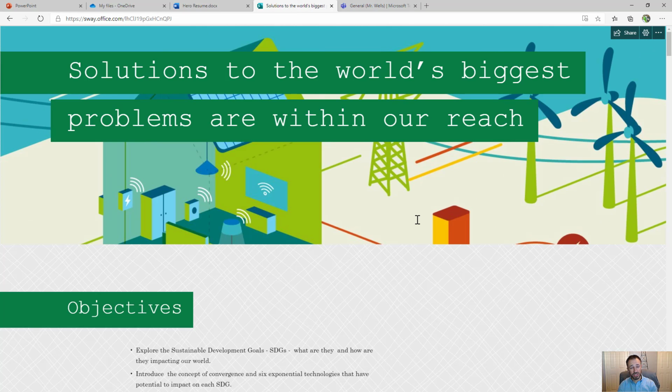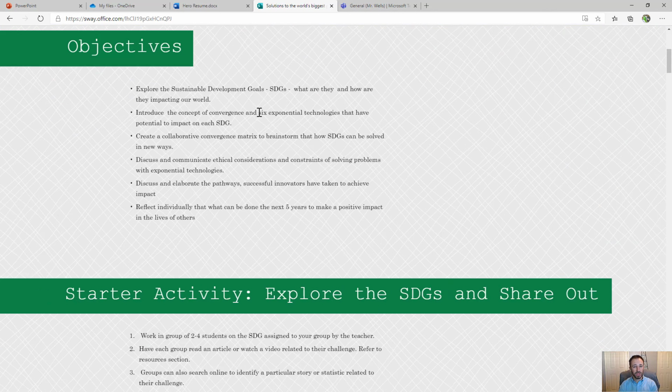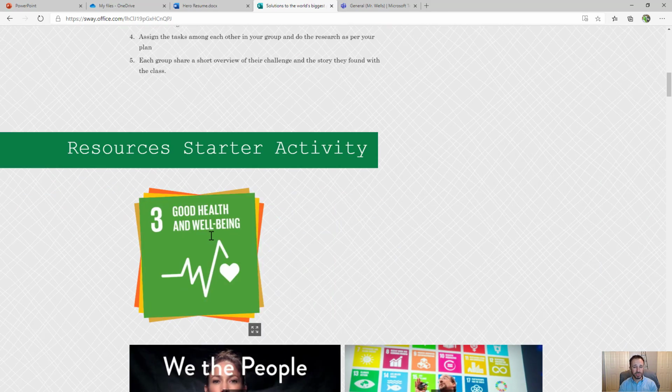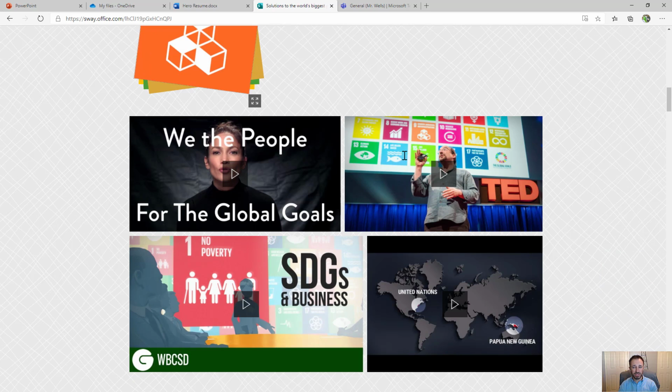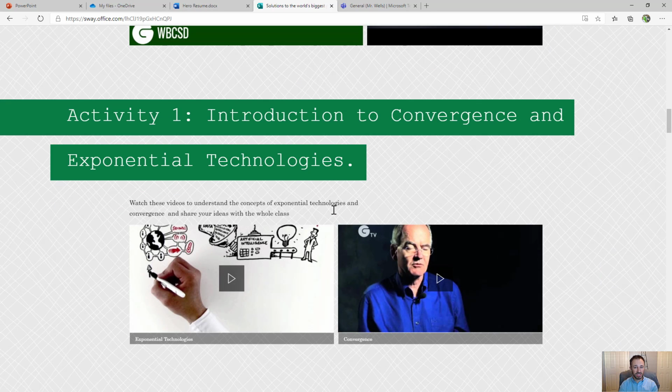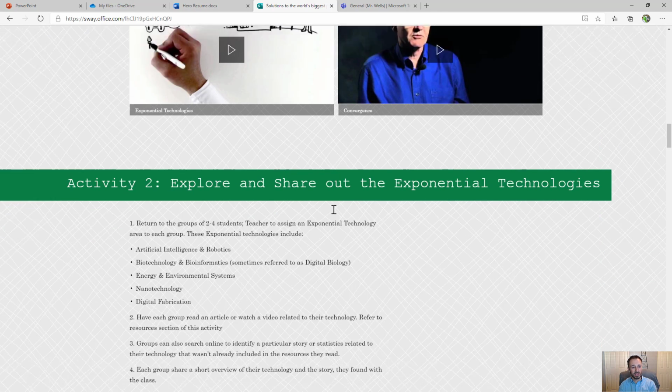So when I open up Sway, here's an example of a Sway that was created and shared at sway.com, sway.office.com, and I'll show you that in a second. But here it's a solutions to the world's biggest problems, and you notice I can just scroll. Here I've got the objectives, I've got some nice formatting with the headers, some pictures are stacked together. There's some great little videos in here, all designed by the Sway backend artificial intelligence, right? Whoever created this, they dropped in the content, they put what order they wanted it to be in, and the system designs it for you. And I'll show you, you can quickly change the design, but the overall design is done for you,